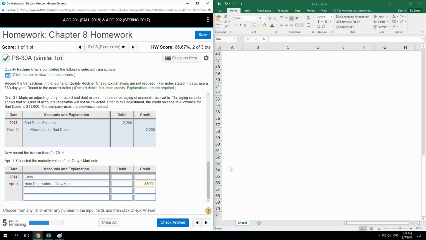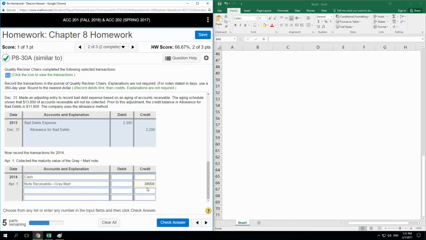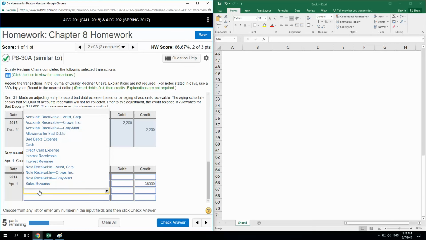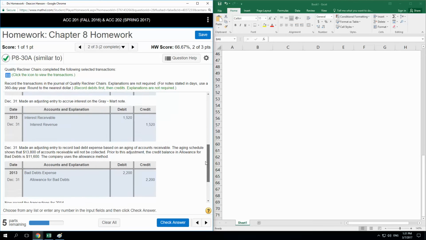And if you have to scroll back up to remember, that's fine, because that's the note receivable, 38,000. So we're getting our money back. We're getting the 38,000 back. Okay. The second thing, if you want to think chronologically here, is we're going to collect the interest that we accrued, right? So we got to collect the interest receivable, which was 1520. See, we accrued that on December 31st. So 1520,